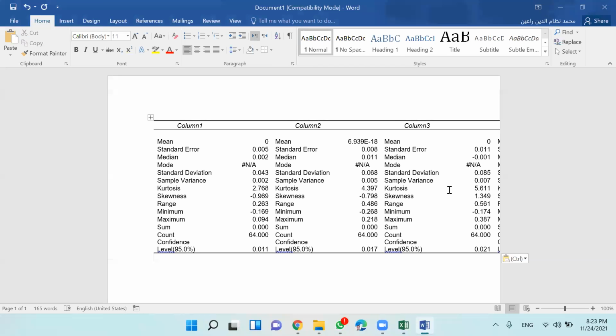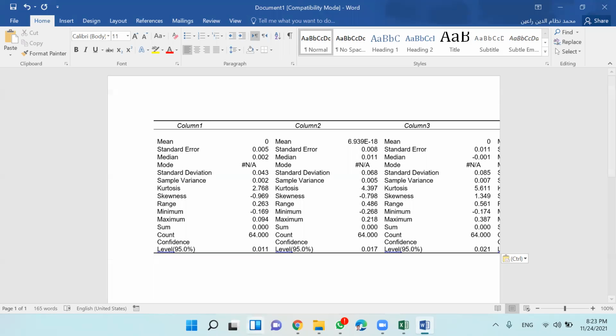By looking at mean and mode and median, standard deviations, sample variance, kurtosis, skewness, range, minimum, maximum. Okay, these are all central tendency measures and dispersion measures. So it gives you descriptive statistics.